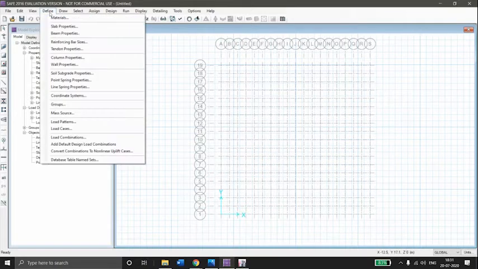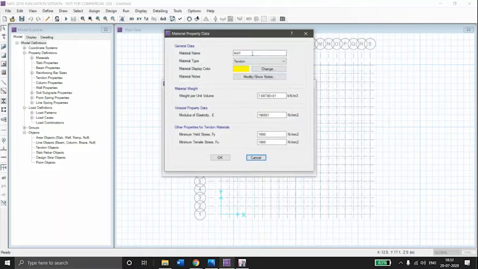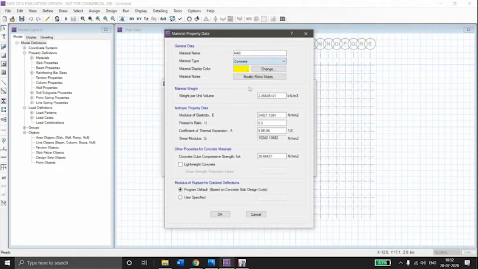Now define the materials. Add new material, M40. Material type concrete. Here we have to put the data of the M40 concrete.